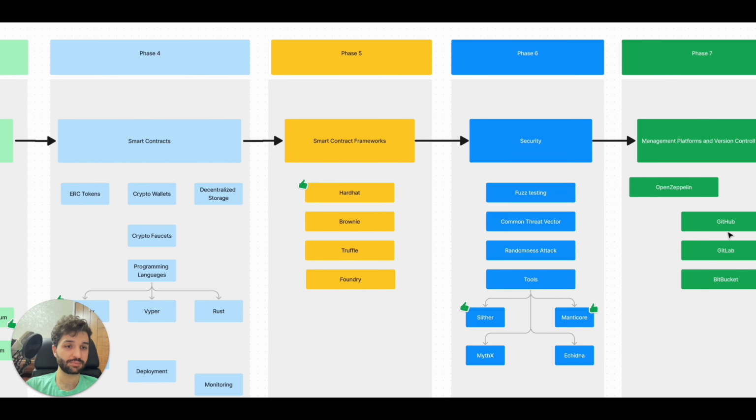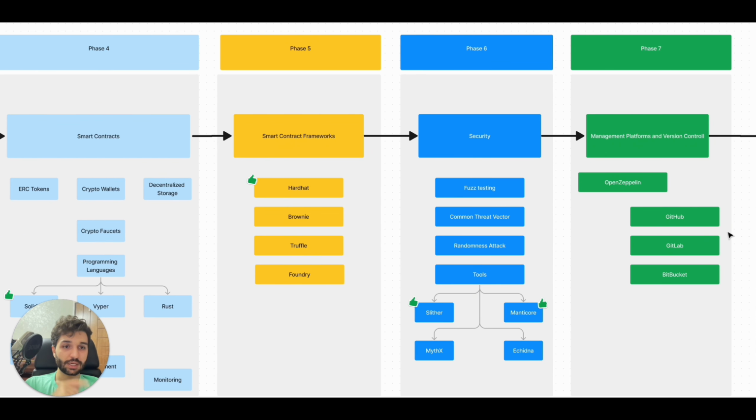After this step, we should know about version control to pull and push our code, especially when we are working with a team. We should be able to have, for example, some storage to push our code, and other teammates can pull and run the code that we wrote on their machine.